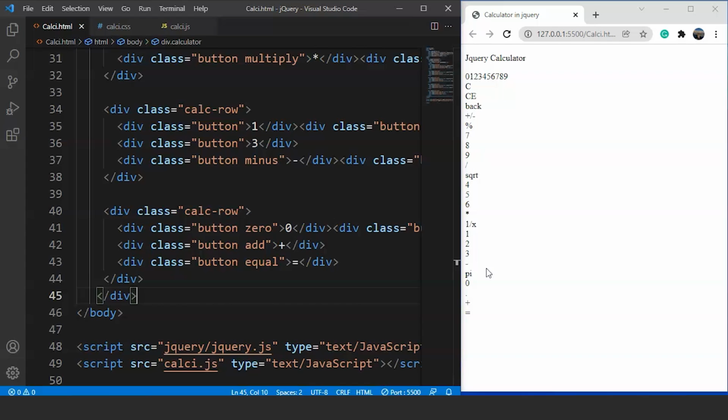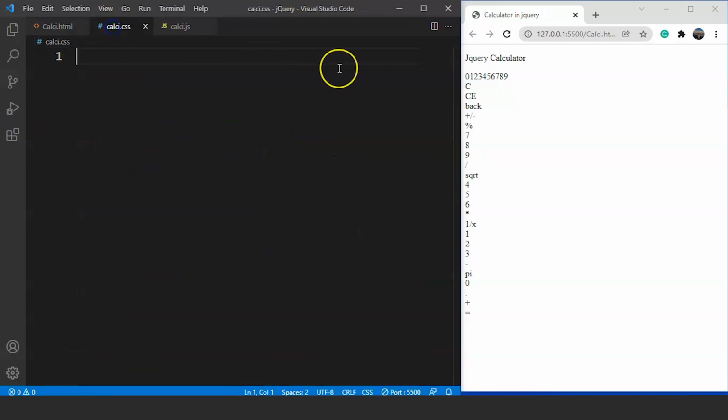Now what we have to do is style these buttons. So for styling, let's move on to the CSS file and we'll start styling our calculator there only. So here we are in the CSS file. Let's start styling. We'll start with the whole body tag first. We'll write here body,